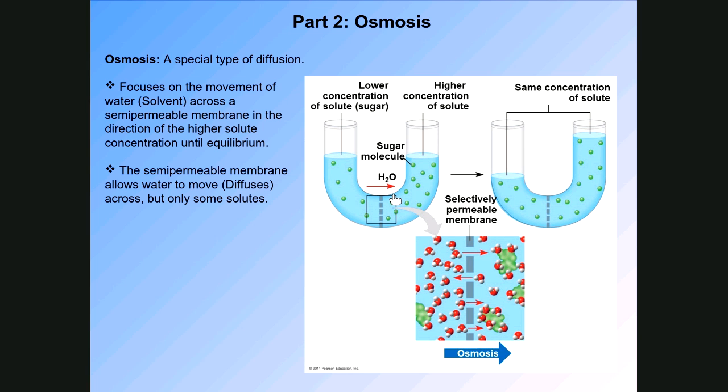They show you two solutions. They are sugar solutions. Over here we have a higher concentration of solute or sugar, and over here we have a lower concentration of solute. They are separated by a selectively or semi-permeable membrane. The sugar molecules want to diffuse. There's a higher concentration here than here. So the sugar molecules want to diffuse from a high concentration to a low,